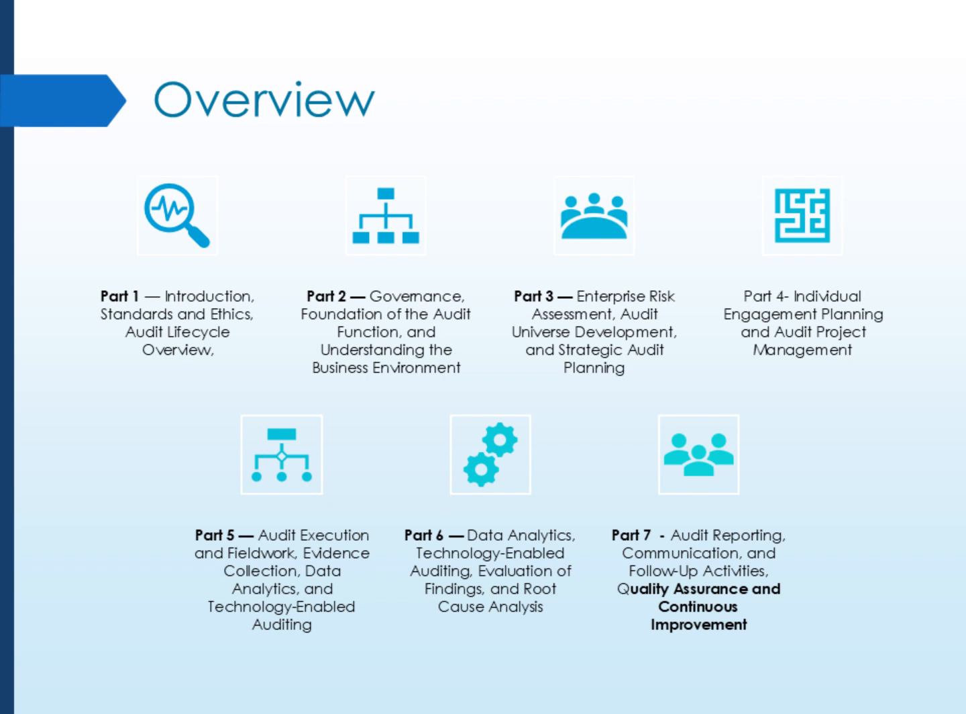Part 3 moves into enterprise risk assessment, audit universe development, and strategic audit planning. Here the focus is on identifying organizational risks, prioritizing audit areas, and developing risk-based audit plans that direct assurance efforts toward areas of highest significance. Part 4 covers individual engagement planning and audit project management. This includes defining audit objectives and scope, developing audit programs, managing timelines and resources, coordinating stakeholders, and preparing for effective